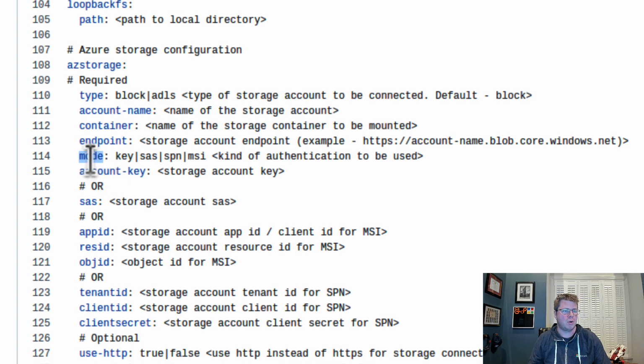Okay, so mode is right here. Control F is failing pretty miserably. So we have key, we have SAS, we have SPN, and we have MSI. So 3 of these 4 I recognize. I'll have to go look at what SPN is. But